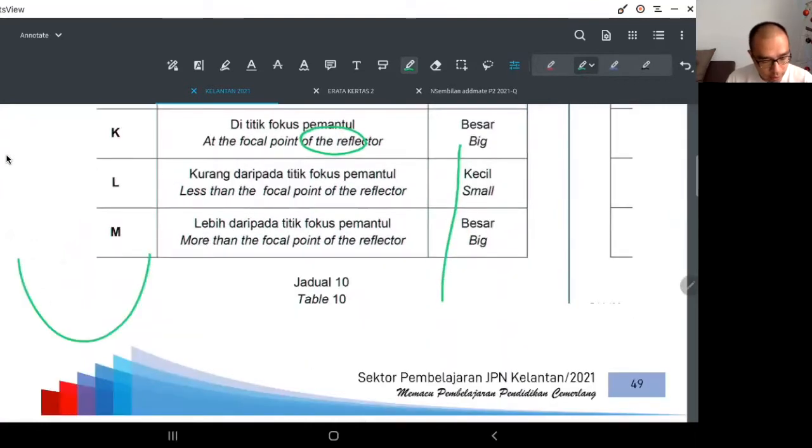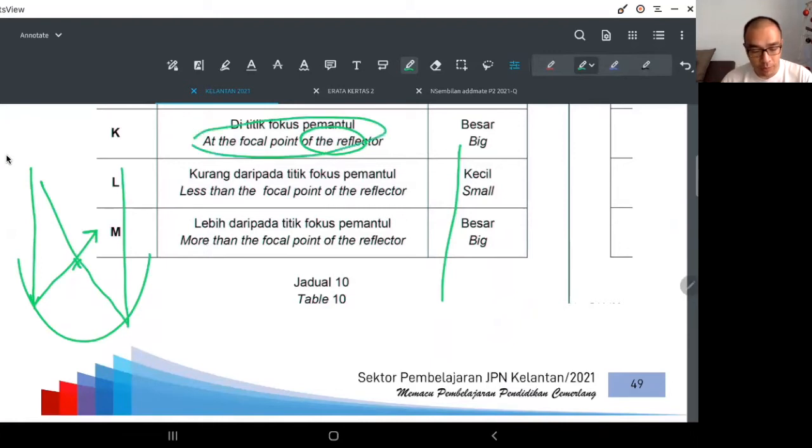so kalau sini adalah dia punya jarak fokus, okay, so dia datang sini and dia akan semua terpantul sini. Okay, light comes here and it's going to reflect over here. So that way, by positioning it at the focal point, you're going to get the most amount of sun. Because if you put less than the focal point, it's only going to get some. If you put more than the focal point, it's also going to get